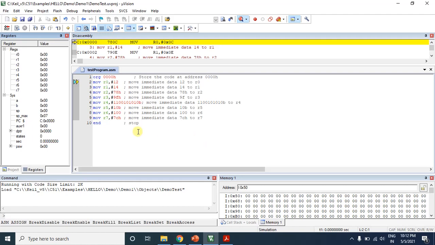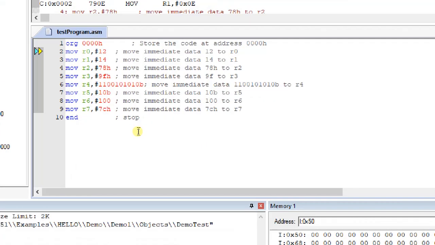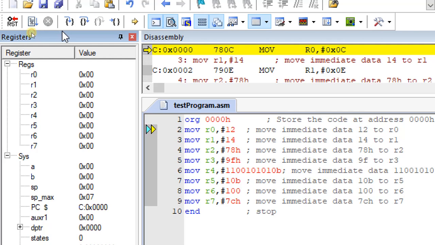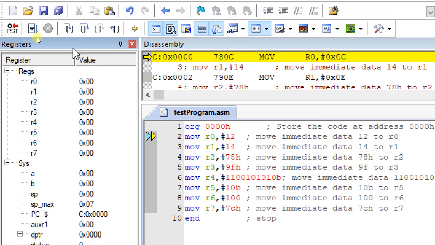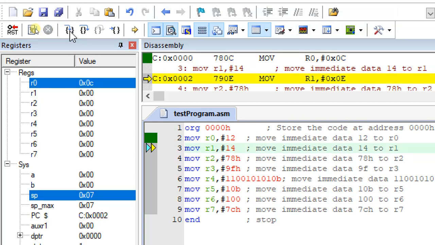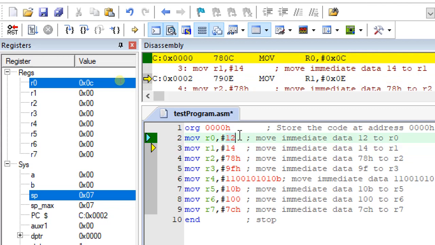Now we can see the first instruction is MOV R0, 12. Because I have not mentioned H, the corresponding hexadecimal value will move to R0. Remember, if you don't mention H here, that means it is a decimal value.